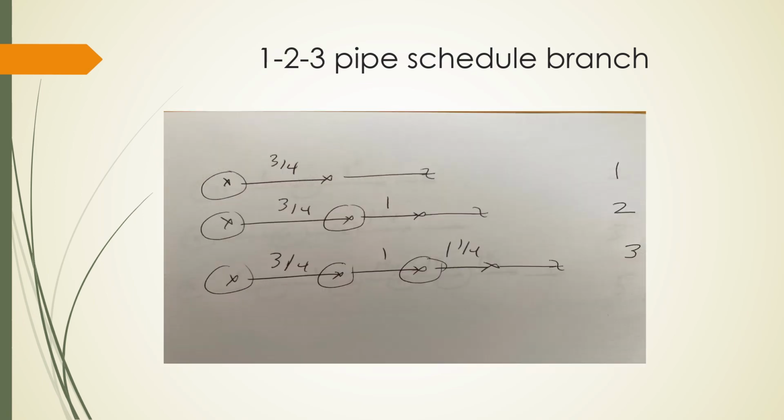This is a 1-2-3 pipe schedule system from 1905 to 1940, and I saw many systems just like this. In this case, the one head is still being provided by the 3/4 inch line, the two being provided by the 1-inch line, and then the three being provided by the 1.25 inch. So you can see that the next line would have been a 1.5 inch, providing larger piping for better